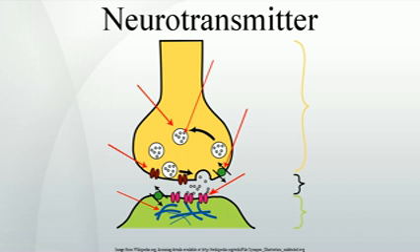Glutamate is used at the great majority of fast excitatory synapses in the brain and spinal cord. It is also used at most synapses that are modifiable, that is, capable of increasing or decreasing in strength. Modifiable synapses are thought to be the main memory storage elements in the brain. Excessive glutamate release can overstimulate the brain and lead to excitotoxicity, causing cell death resulting in seizures or strokes. Excitotoxicity has been implicated in certain chronic diseases including ischemic stroke, epilepsy, amyotrophic lateral sclerosis, Alzheimer's disease, Huntington disease, and